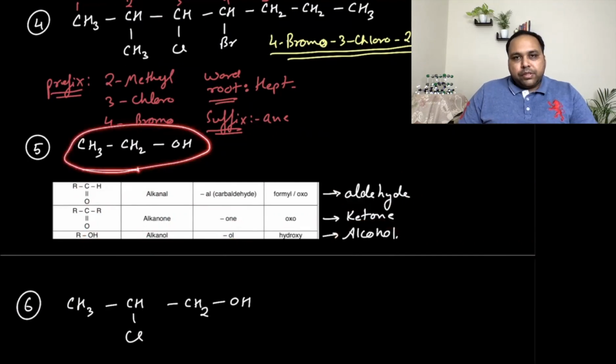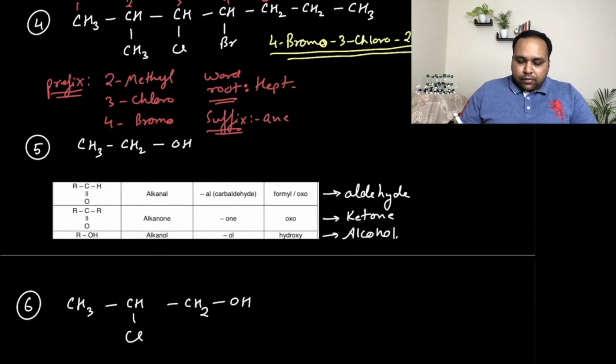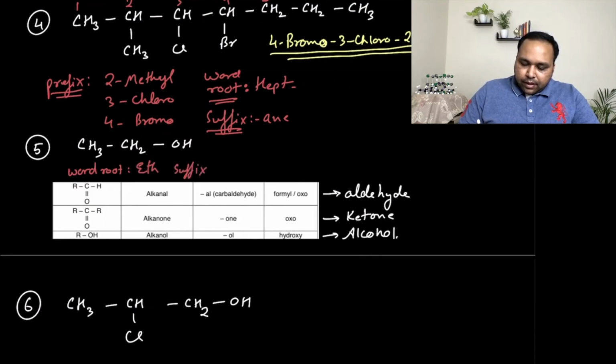There are no substituents, so there is no prefix. What are the parts that we need to write? There are 2 carbon atoms, so we have word root as eth, primary suffix as ane, and secondary suffix